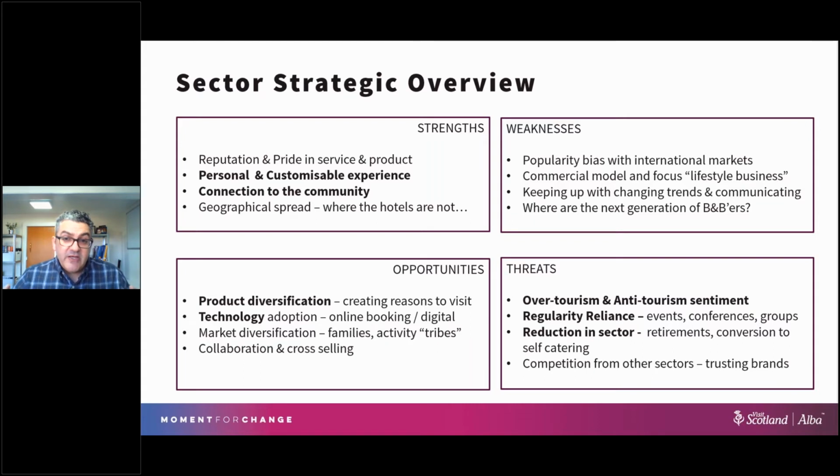However, when we brought that together and looked more broadly at what people said, it was these 4 points. The strengths of the bed and breakfast and guest house sector is certainly its reputation and pride in service and product, and it's the fact that you've got owner operators that are deeply connected to the product and the brand that they're presenting. So it's that personal and customizable experience that underpins that reputation that is seen amongst the visitors